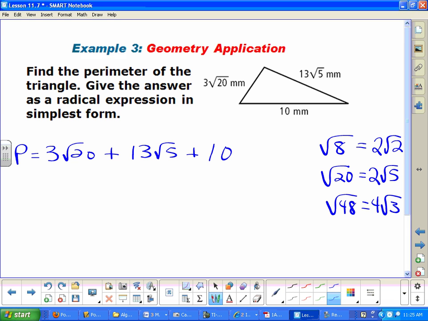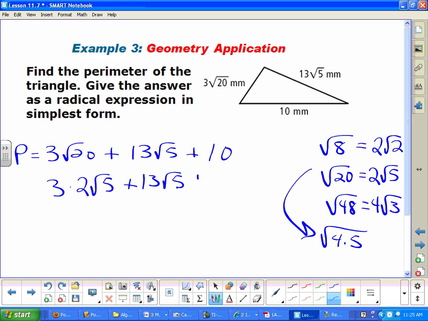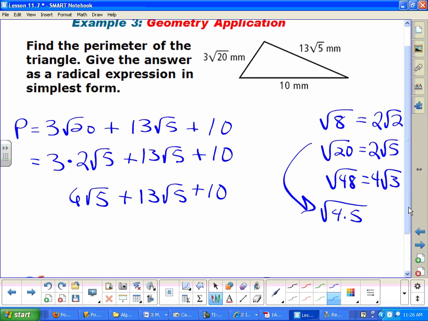And once you get used to seeing them, well, if I know that square root of 20 is 2 square roots of 5, then it's okay for me to just plug it in there. Because remember, this is square root of 4 times 5, and the square root of 4 is 2. So we have 3 times 2 square roots of 5. Can't simplify the square root of 5, and just 10 is 10. So we multiply 3 times 2 and we get 6. So my final answer then would be 19 square roots of 5 plus 10, and this is